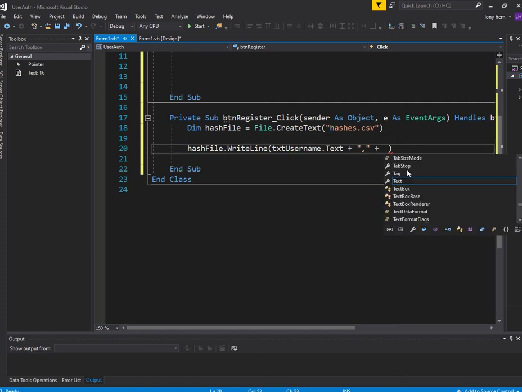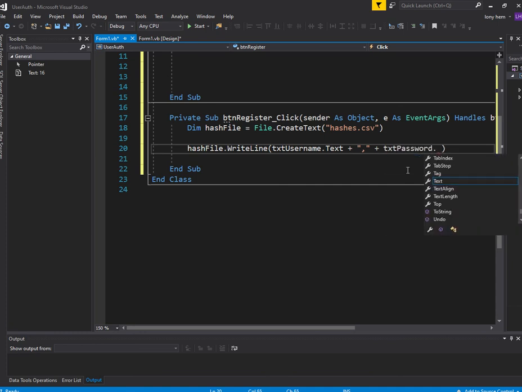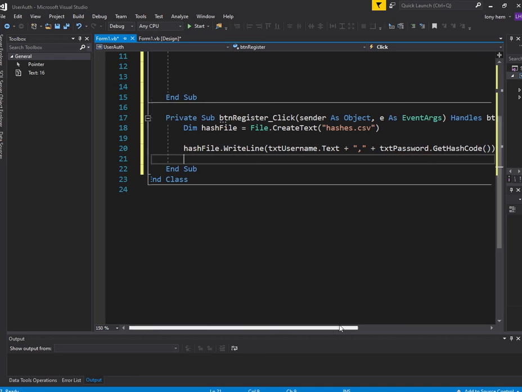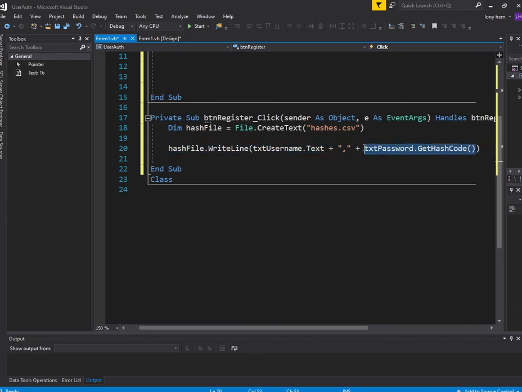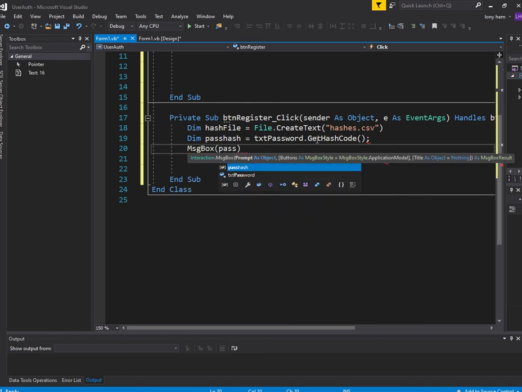So what you could do is grab the text password, and then you go .hash, get hash code, and this will generate a hash for us. Actually, what I'll do is show you how this works so you can see the actual hash. I'll grab that, chuck it into hash, pass hash. And just to show you, I'll message box this out, pass hash, just so you can see that